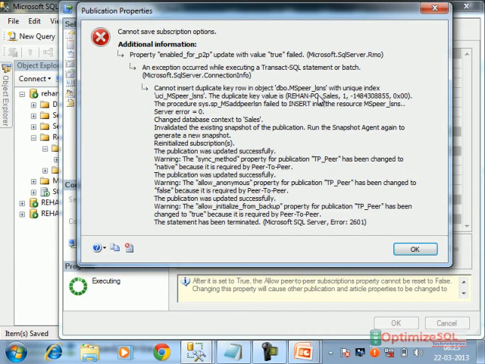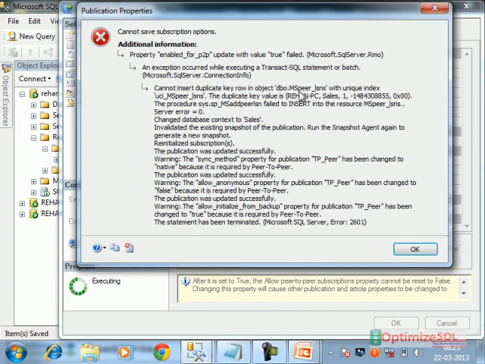The same distribution database. Why? Because the information is updated in the distribution database. So it says change database context to sales. After that, maybe already one record with the same name is there in that table, that's why it says cannot insert duplicate key.